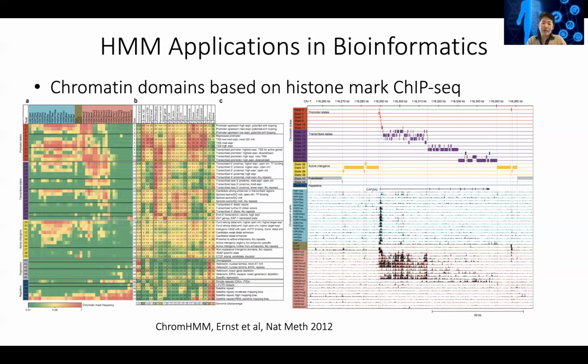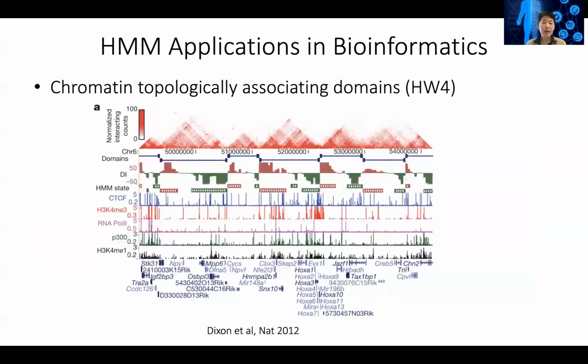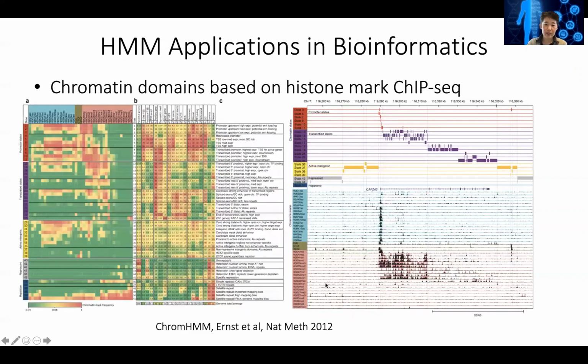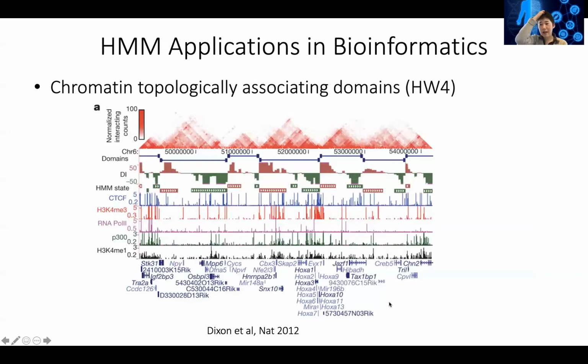The hidden states are the genome annotation, or the states of the genome. And so ChromHMM is the method that can predict the chromatin states or chromatin domains based on the histone mark data. Another application, which you will see in homework 4, is to predict the chromatin topology. So in addition to annotating which regions of the genome have promoters and enhancers, in the next lecture, you will